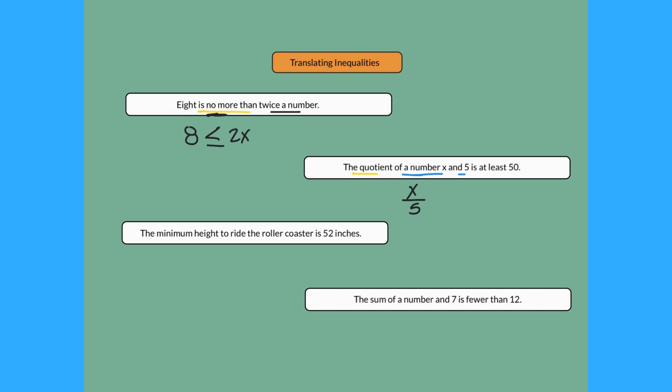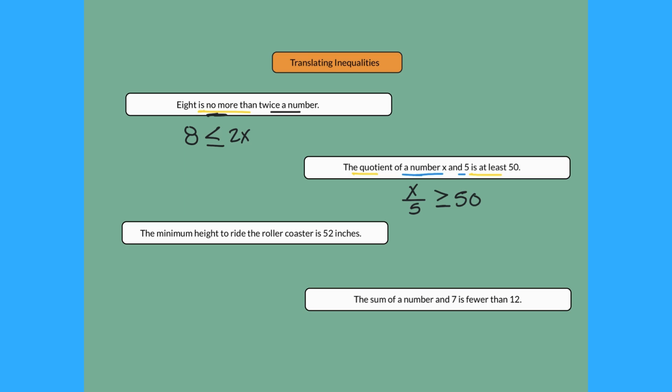Here's that word is again, but it's not by itself. It's with comparing words. Is at least. It has to be at least 50. That means 50 is the smallest it could be, so it could be equal to. If it can't be any smaller than that, it would have to be bigger than that. So greater than or equal to 50. And one way to think about this is